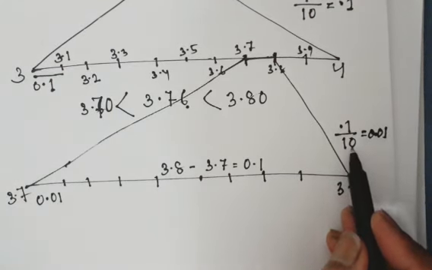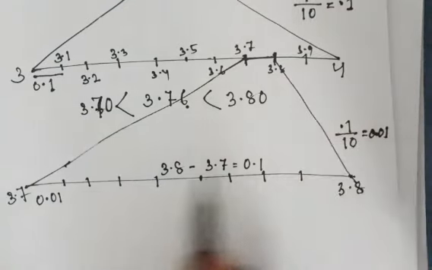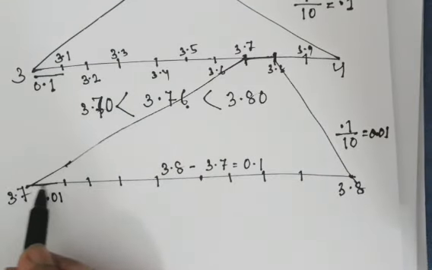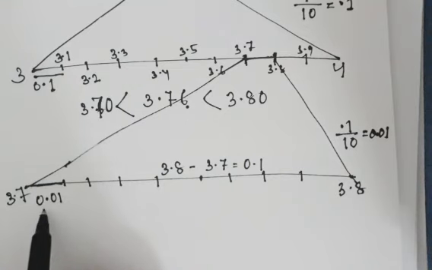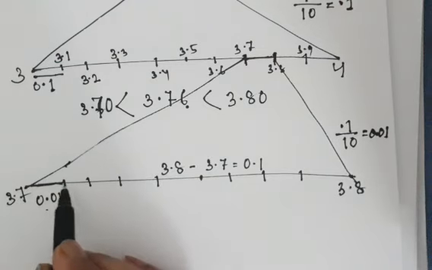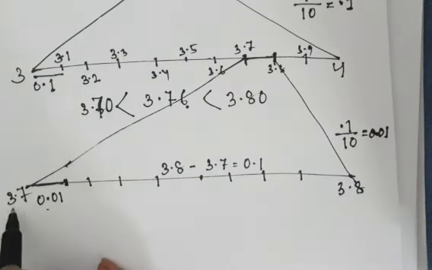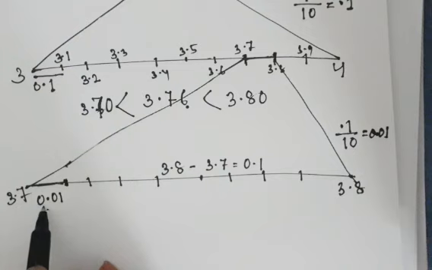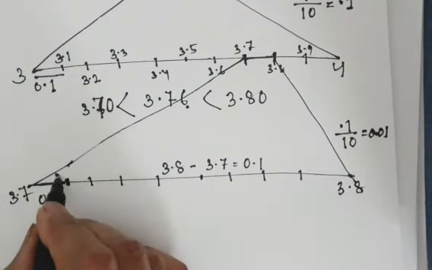So if this point is 3.7, the next point will be 3.7 plus 0.01,